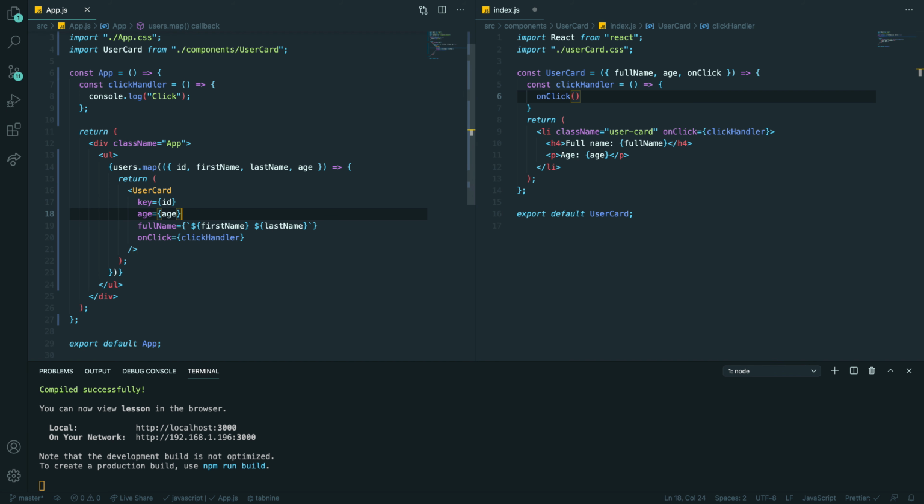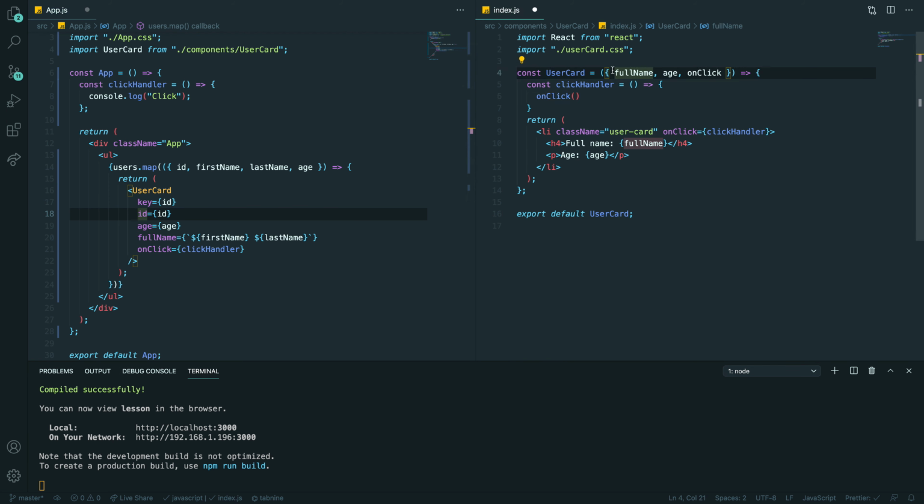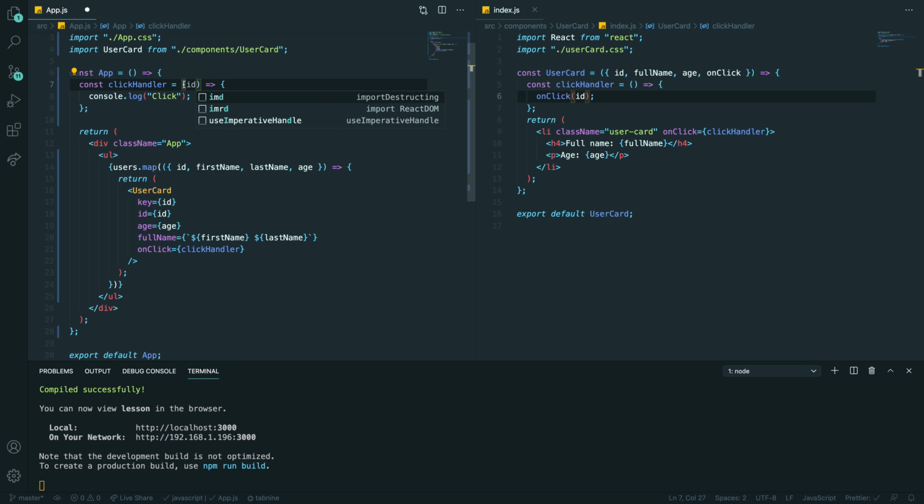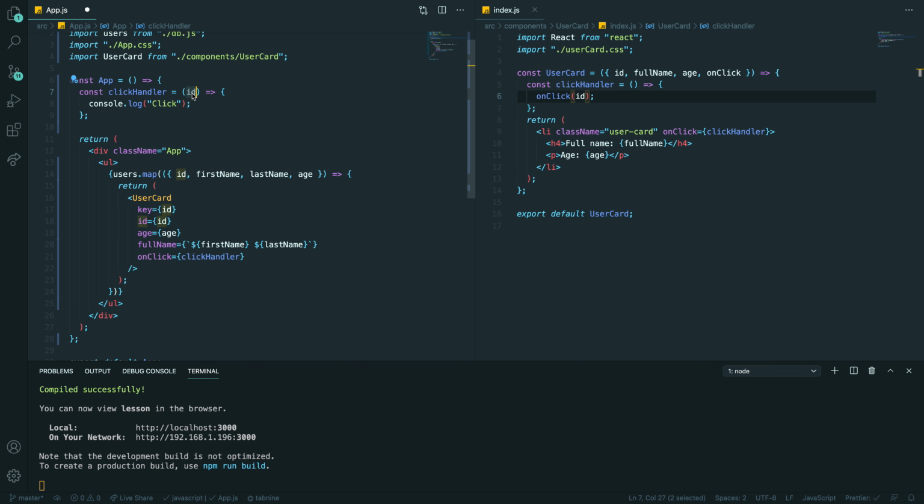So let's say that we will pass another prop ID to my component, so I will receive it, right? And when I click, I'm passing ID to onClick function. And as you remember, onClick is this function. So if I'm passing ID, that means that I can receive my ID here, right? Just pure JavaScript. And click, let's say user ID.